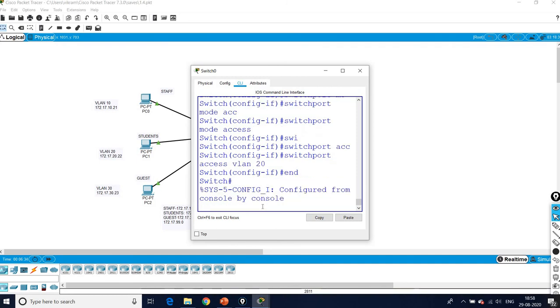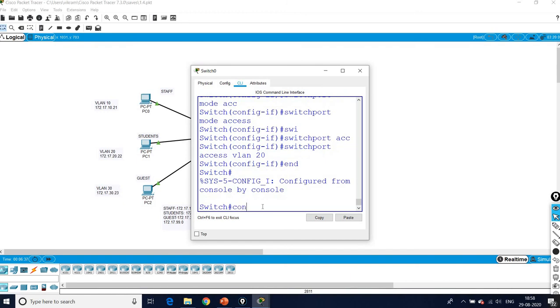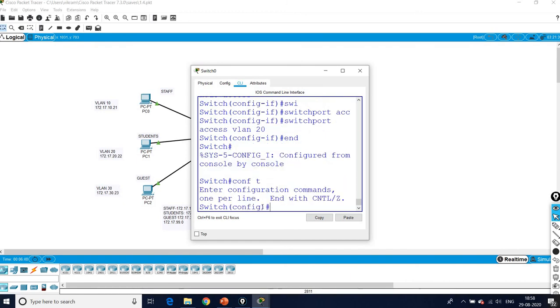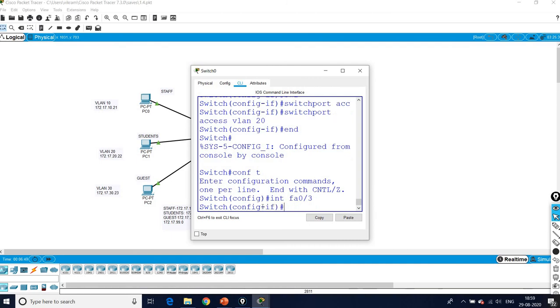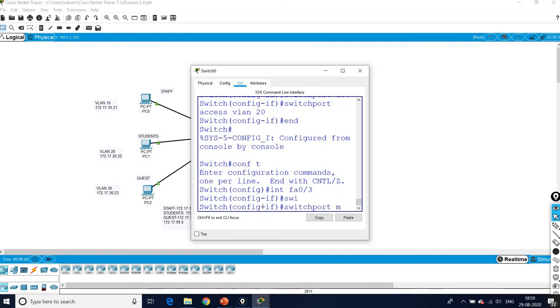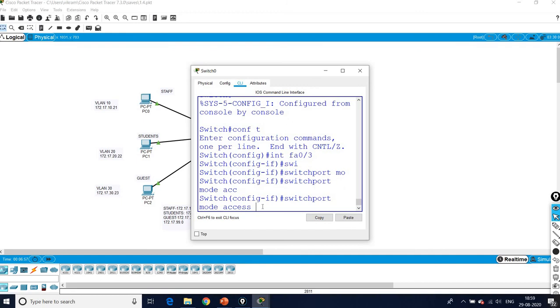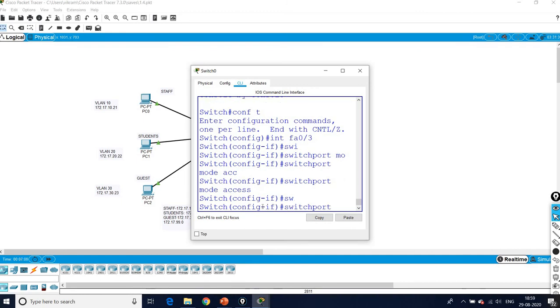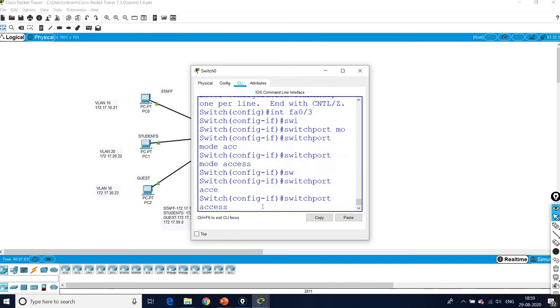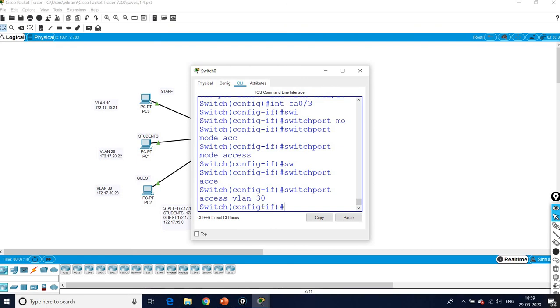Similarly end. Again go for configuration mode, config T, interface FA0/3. Okay, and switchport mode access and switchport access VLAN 30. And end.